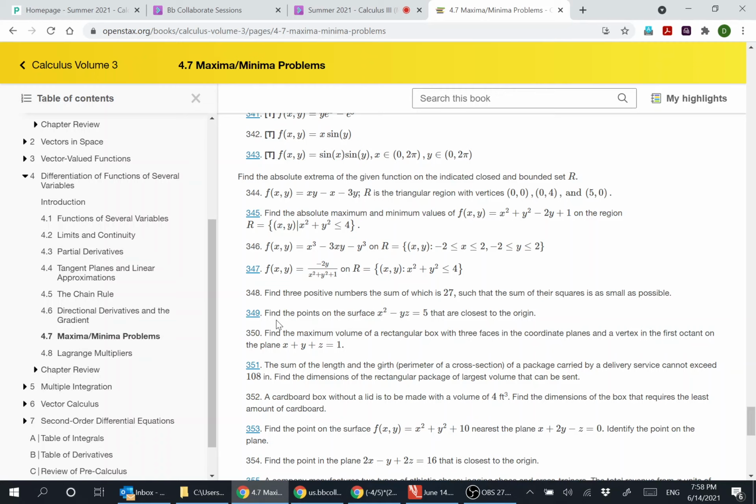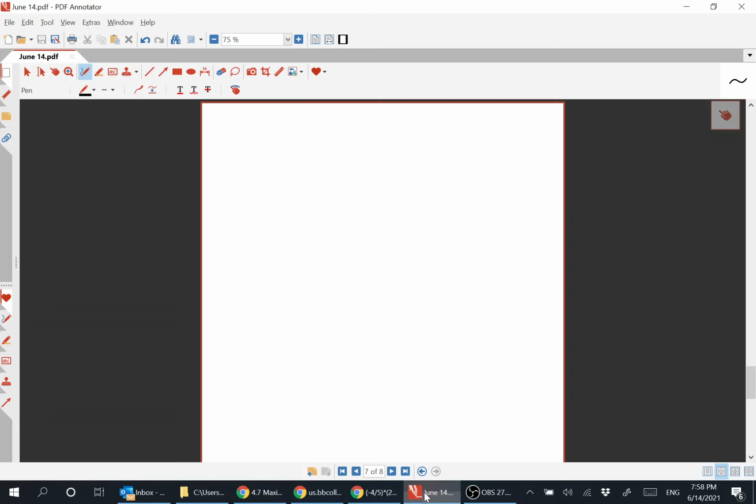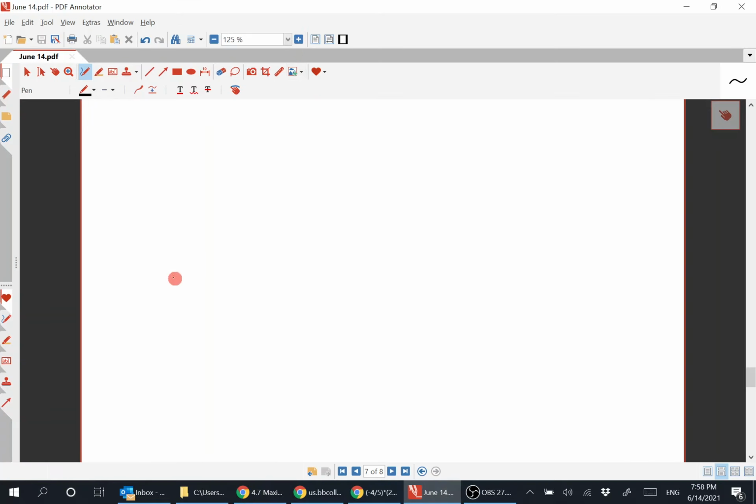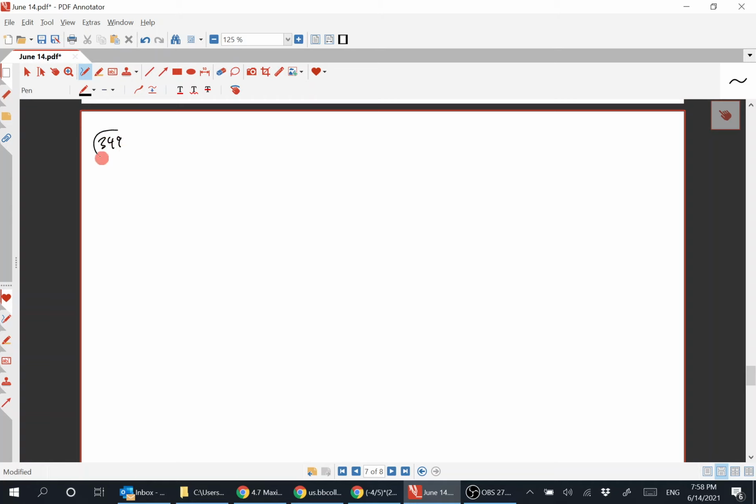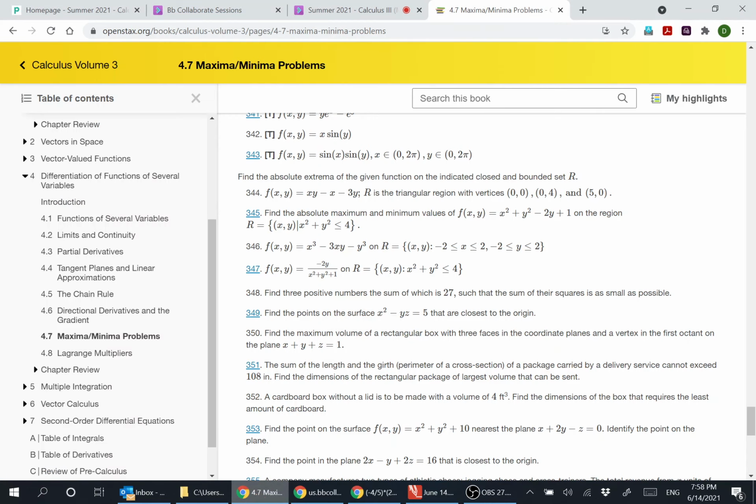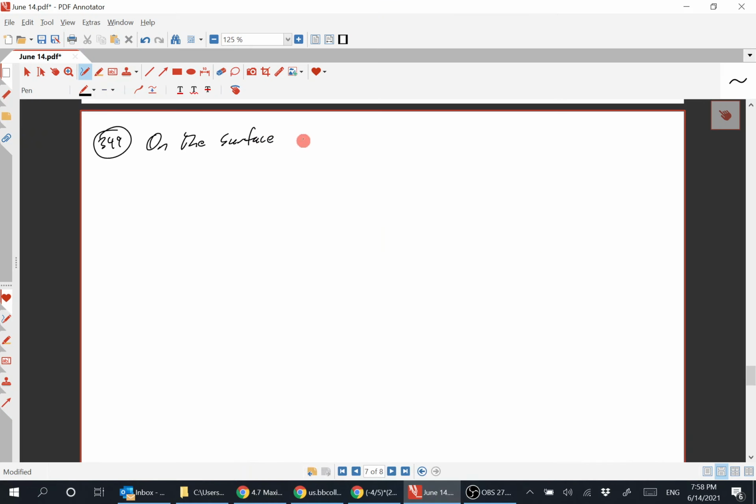So on the surface x squared minus yz equal to 5, find the points x, y, z that are closest to the origin,